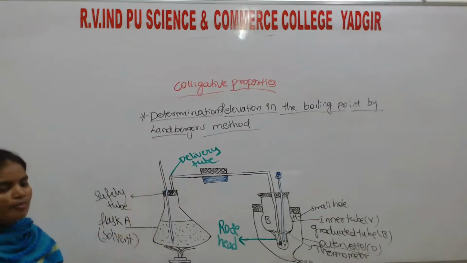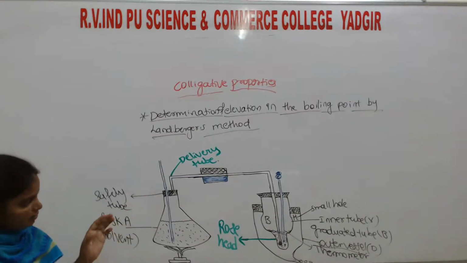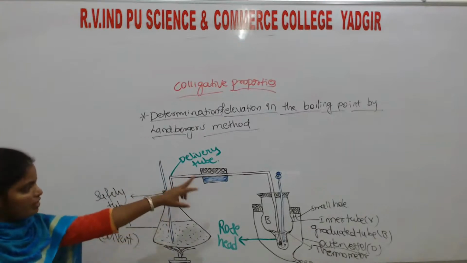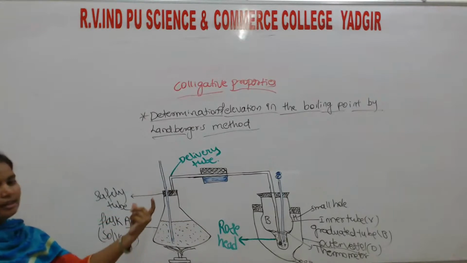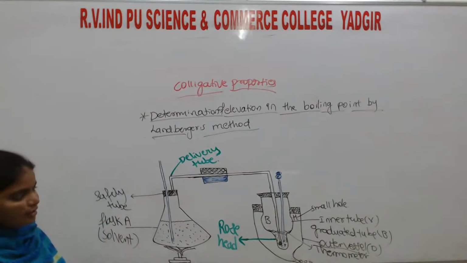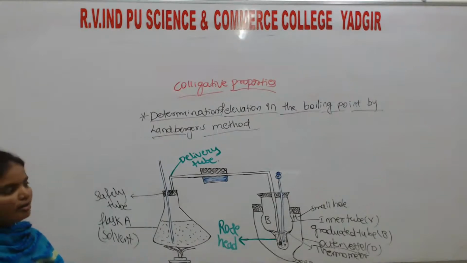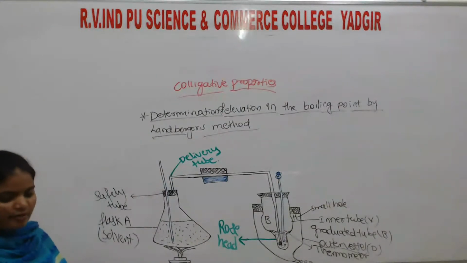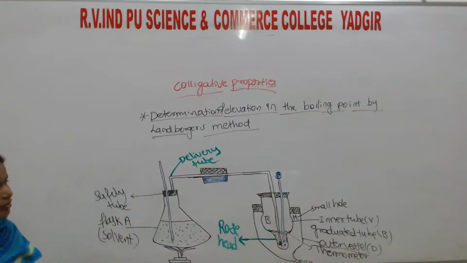The solvent gets a boiling point when the temperature remains constant. After that, the solvent transfers to the entry of the graduated tube. When it condenses here, condensation takes place and raises the temperature of the solvent to the boiling point. And when the temperature remains constant, it is noted, and this gives the boiling